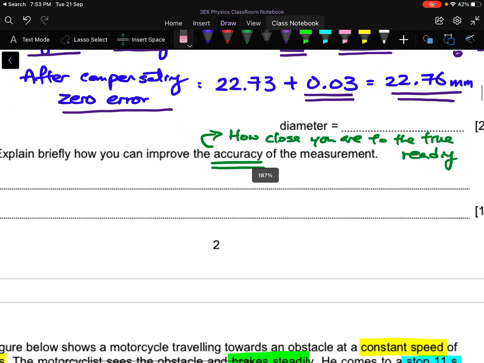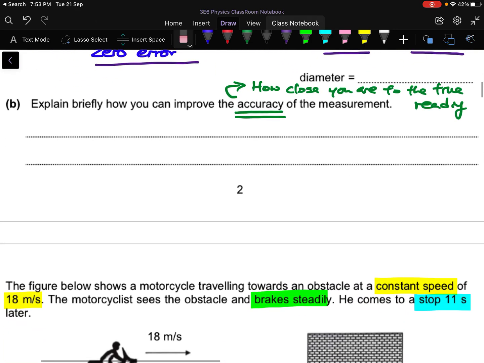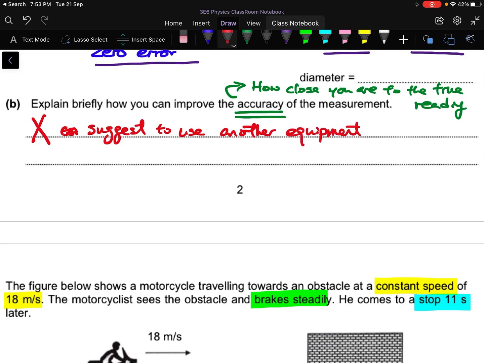So because of that, when you are answering questions like how you can improve on accuracy, you cannot suggest to use another piece of equipment. For example, if you say, I don't want to use a micrometer screw gauge, I want to use a more superior measuring instrument, a microscope plus a laser, some super futuristic instrument that can give you more decimal places. No, that doesn't allow me to get a more accurate reading. To get a more accurate reading, you need to improve